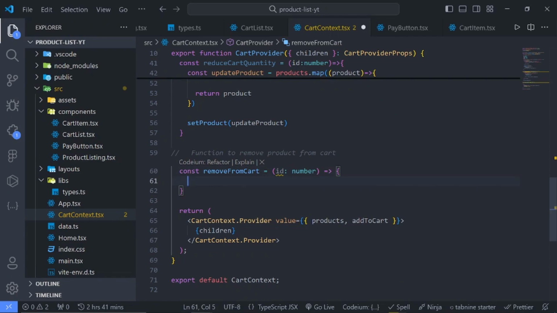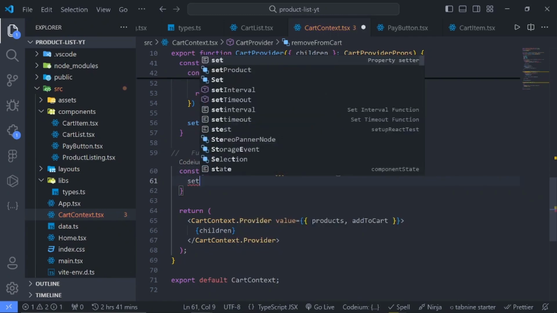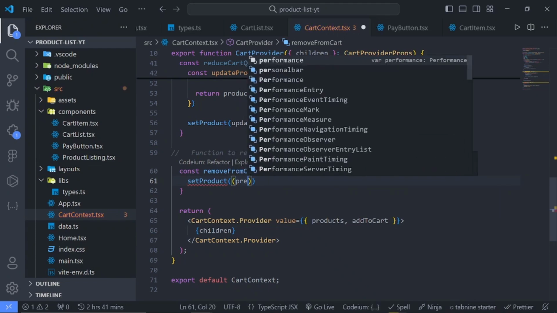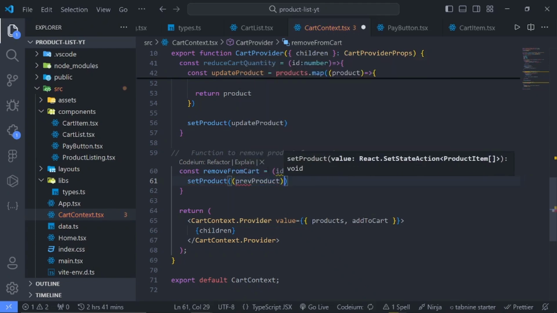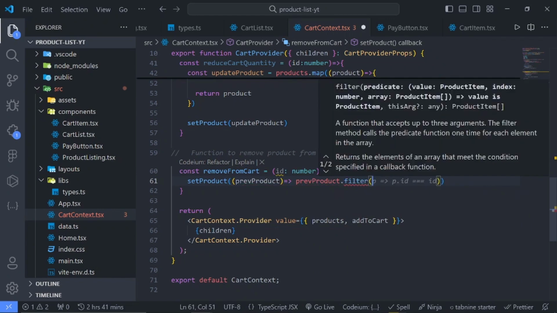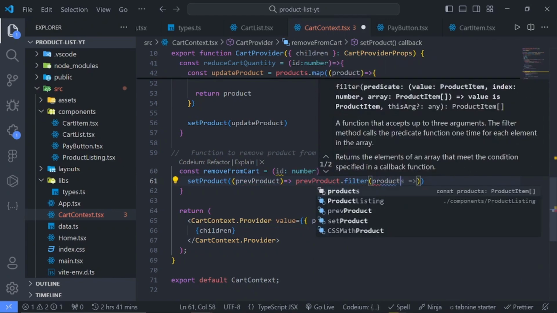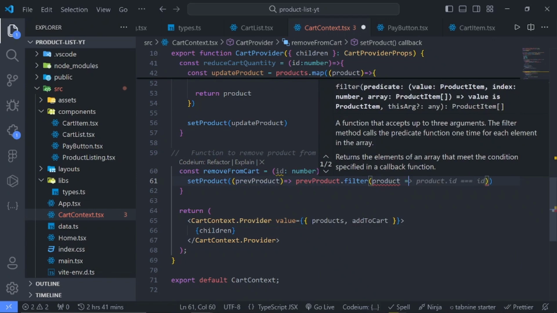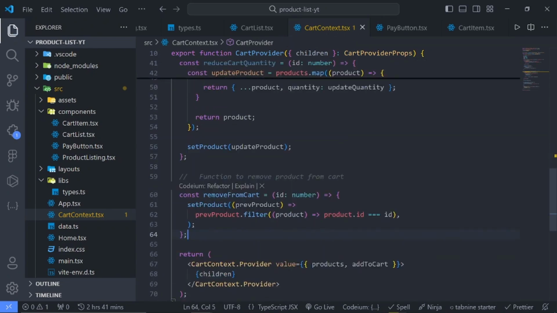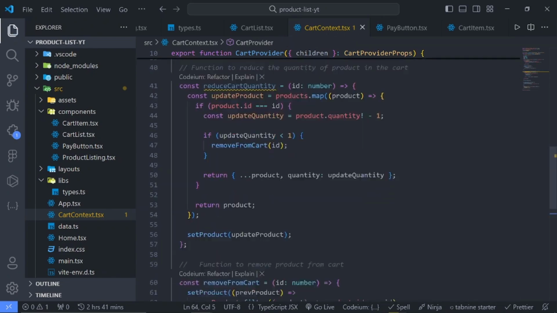So we just simply say set product and pass in the previous product, and now we can see the previous product, the filter, and see if that product ID is equal to the ID. So filter that out. So I can save this, and what I need to do is to grab this reduce